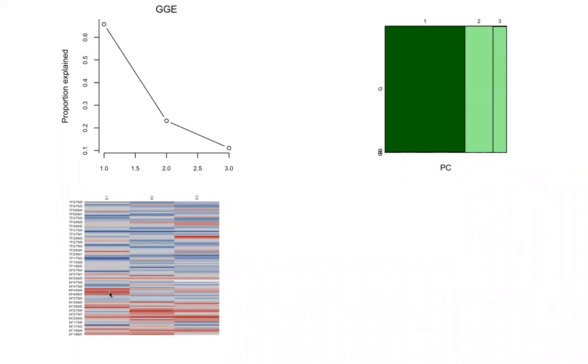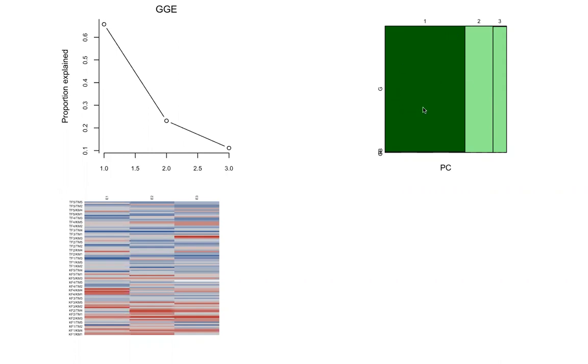See that these hybrids here are low performers in environment 1, but some of them are good performers in environment 2, and also a little better than environment 1 here in environment 3. So this hybrid here was really bad in environment 3, but good here. So remember that crossover interaction I was talking about in the beginning. So this is what's going on here, and this is a mosaic also of the percent of variation explained on the first